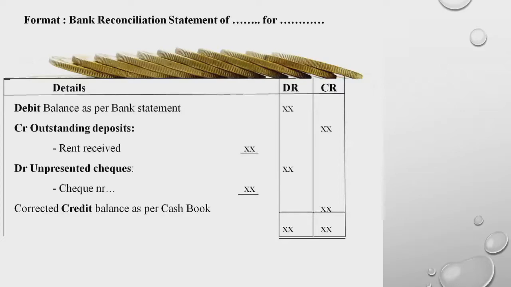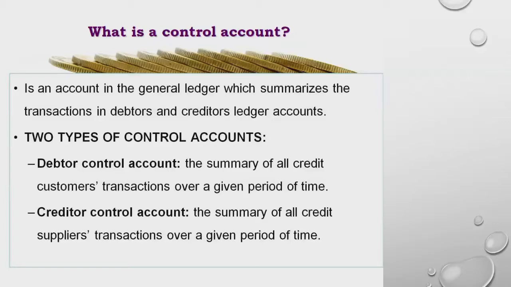Unpresented cheques, you record on the debit side, and then later the credit balance as per cash book, the supplementary cash book that you do before you do the bank reconciliation from your cash book. Then that is the balance you put on the credit side. That's the format. Now we are going to talk about